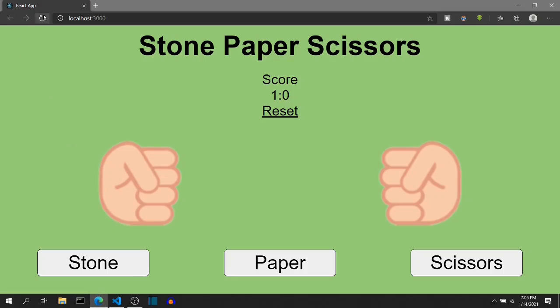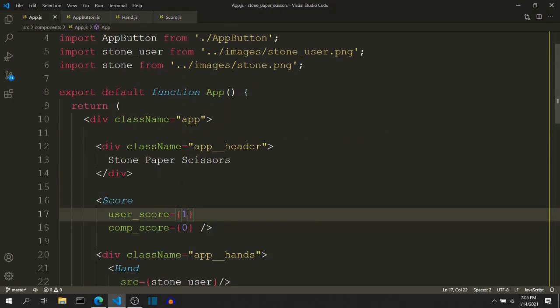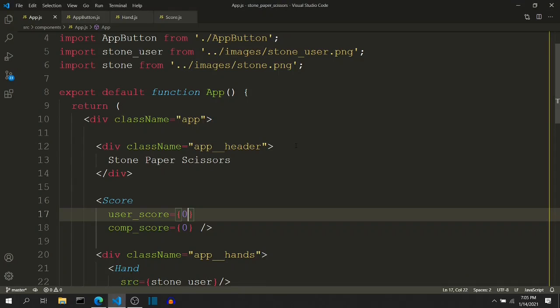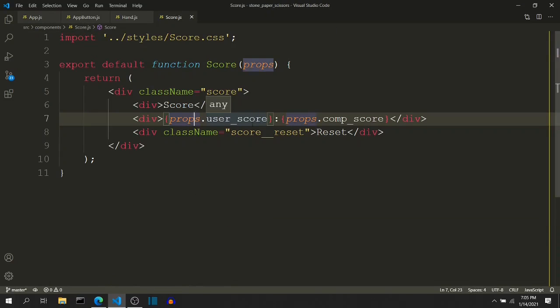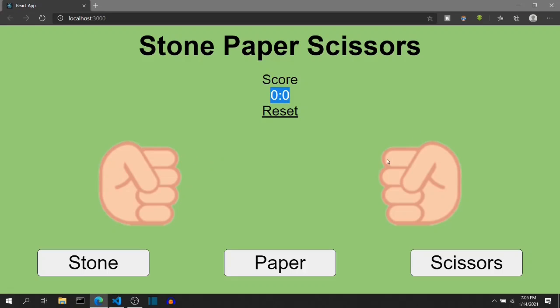Now if I go over here and refresh this, this will not change anything. But if I do this 0 0, then we are controlling this component's value through app.js, and we do not need to change anything inside our components over here. So that is a good sign, that is good progress that we are doing now. So this was the property. Now what is React state?